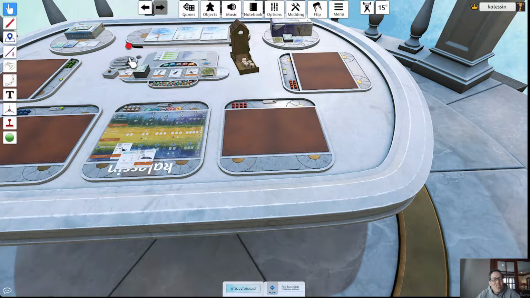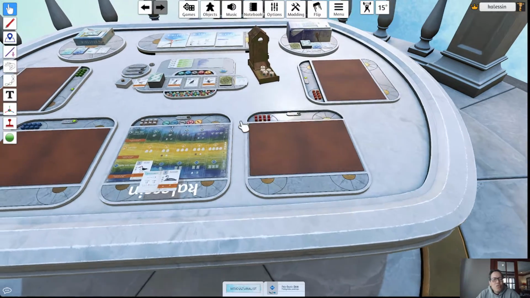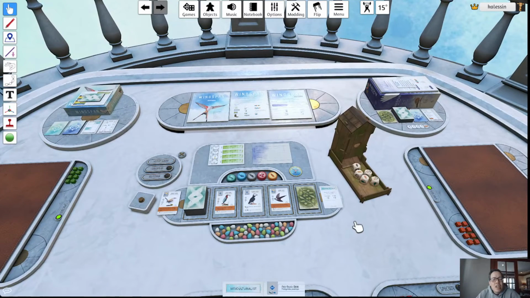Oops, wrong. There we go. It says remove cards from player hands and central boards to use the automated setup. So in order to reset, I can either reload the entire base game, or I can